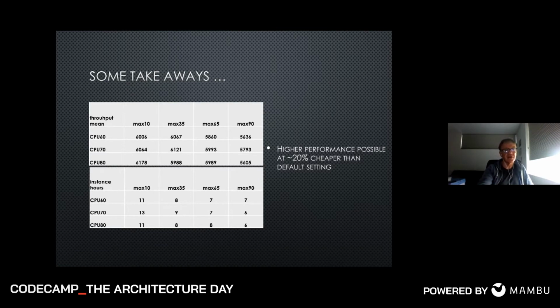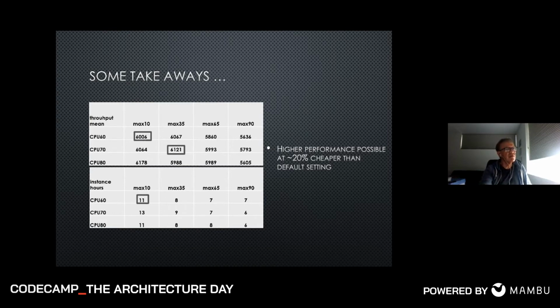Where does that statement come from? Well, this is default. So this is what you get out of the box if you don't touch Google App Engine. You get 6,000 requests per second. And here's the highest performance that we see. Different configuration, we're getting more or less the same performance, a small improvement, but nothing significant.